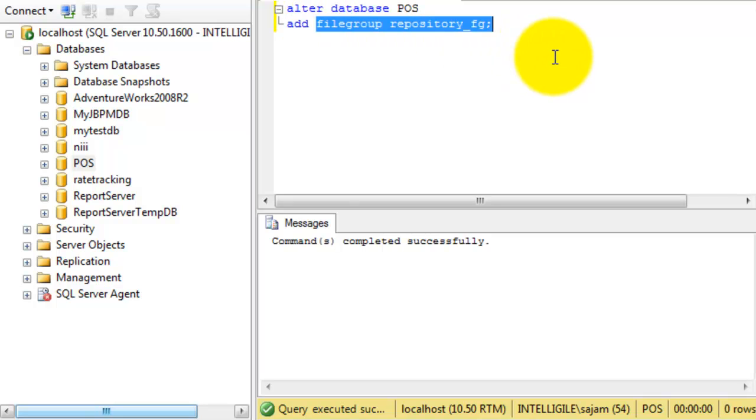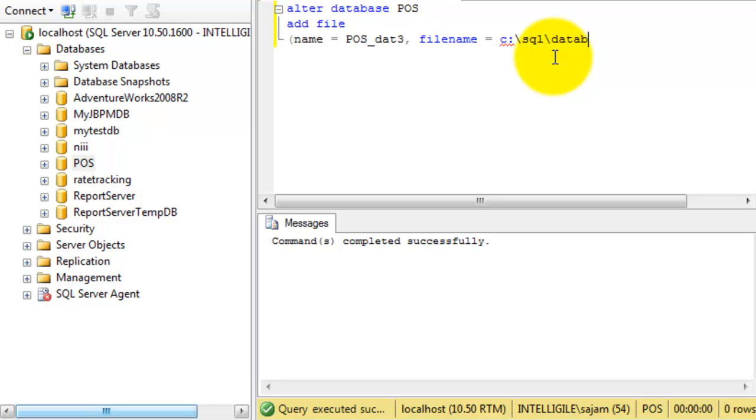I need to add not a file group, but a file. Same command as creation of the database. Name of the file will be pos.3, and the physical file name will be